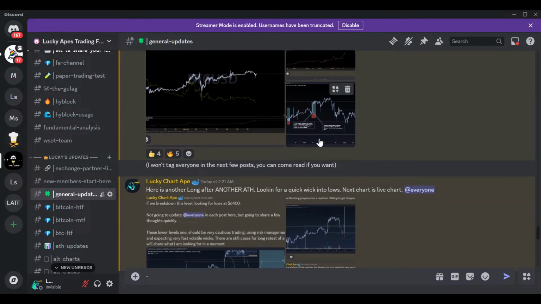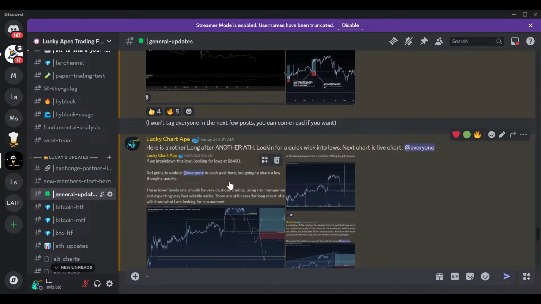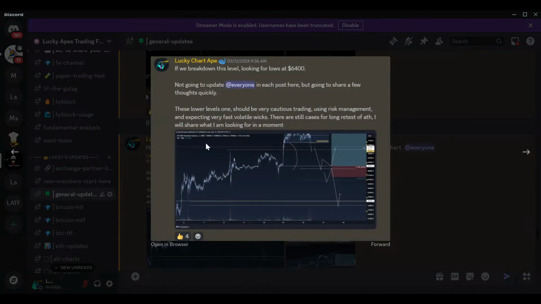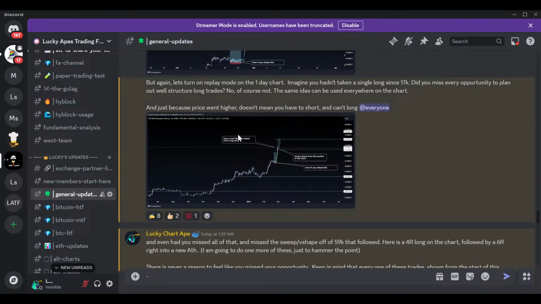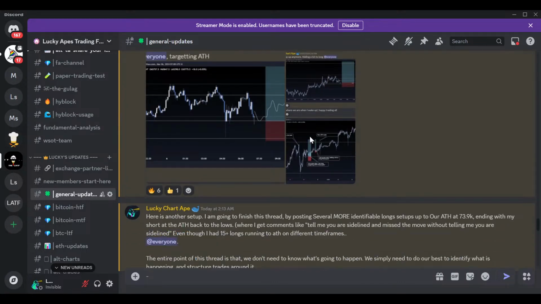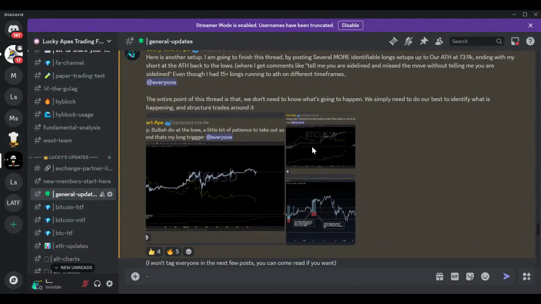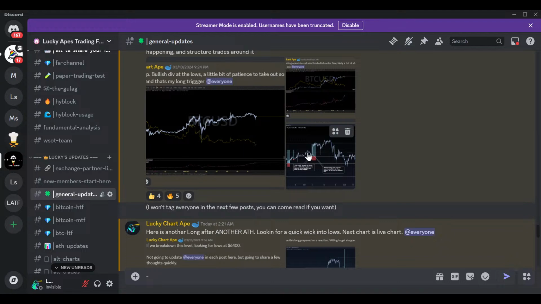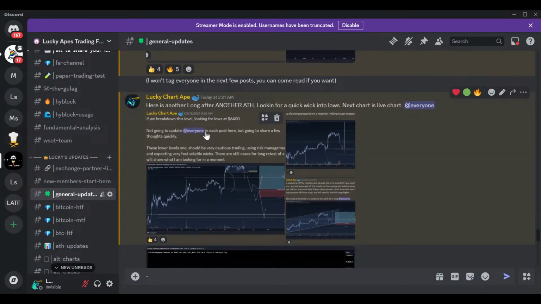And so what's funny is here's just another setup. So I'm going through time, right? Look how many longs I've taken in this 12-day period from 50K to new all-time highs. I took shorts as well, but the thread's not about shorts. But for example, I did short. I said I actually shorted the first all-time high, but I'm just saying how many long setups were here and how many trades were here.